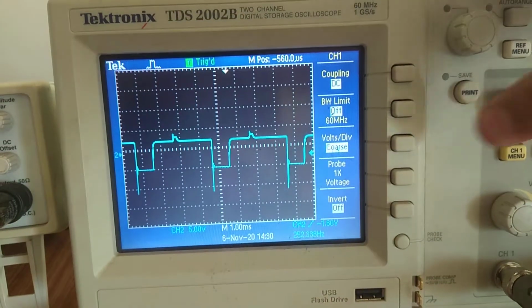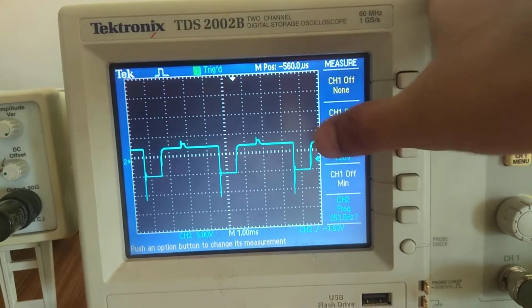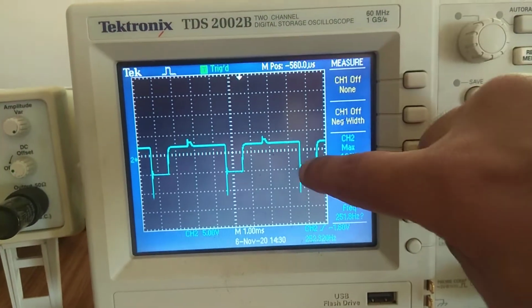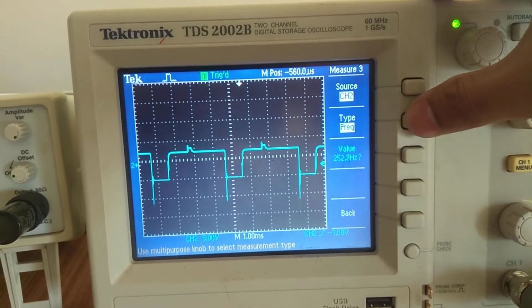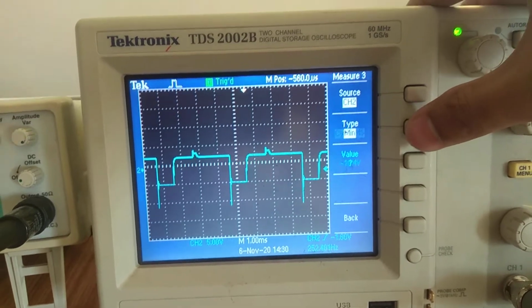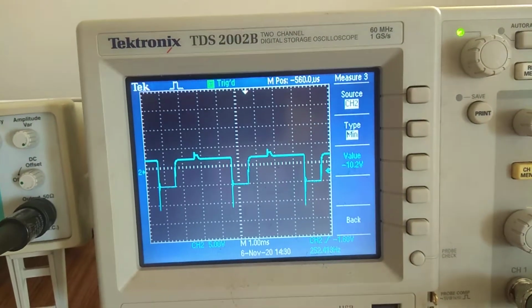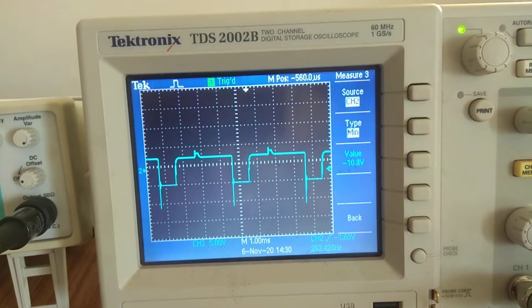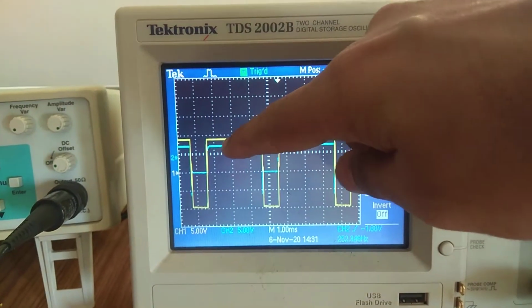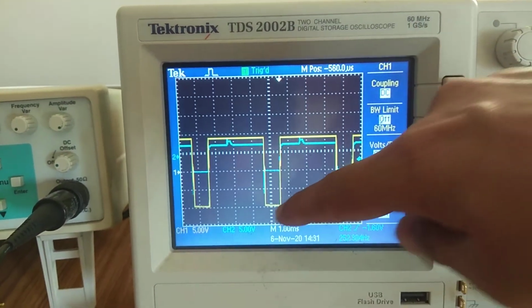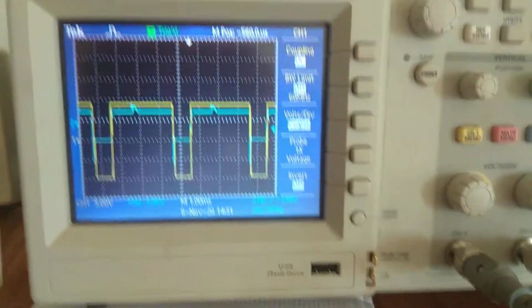Now if you want to measure the maximum, channel 2 maximum value is 4.6. If you check the minimum, because a negative pulse has been given, its minimum value will change. Now the minimum value is minus 10.4 volt, meaning we have given an impulse of minus 10.2 volt. The impulse is going to change our output from maximum to, if you see, the impulse has been given from here, we have changed the output to negative Vset. As soon as the impulse is gone, we are going to get the positive Vset.